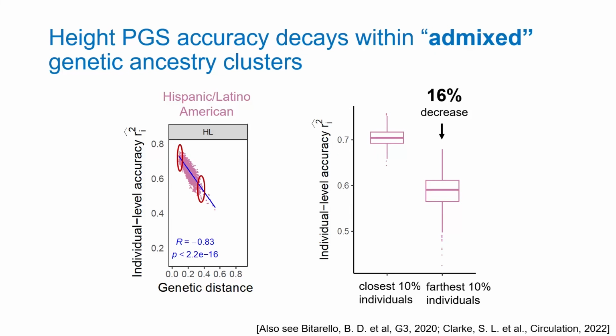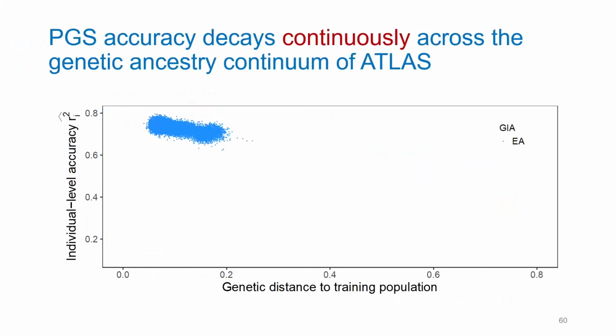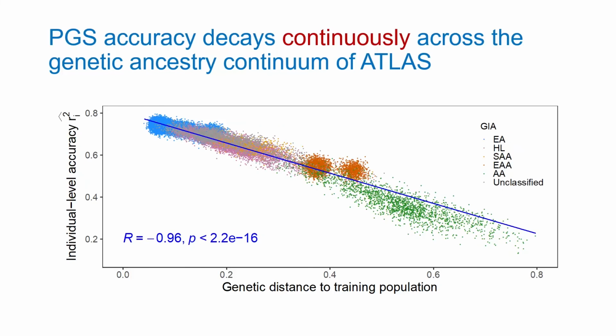We see a much bigger decrease if you focus on admixed individuals, which is what you'd expect, because genetic ancestry has much wider variability. The closest have an accuracy that's similar to Europeans, while the furthest have an accuracy that is roughly half. And in fact, if we plot it on the same scale, in blue are European American individuals within our biobank, and the same color is Hispanic Latino. We see that the closest Hispanic Latino individuals have the same accuracy as the furthest Europeans. And finally, just to orient you about what happens if we look at all the data,